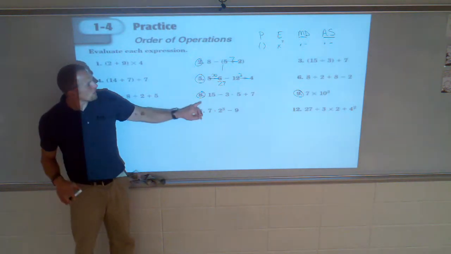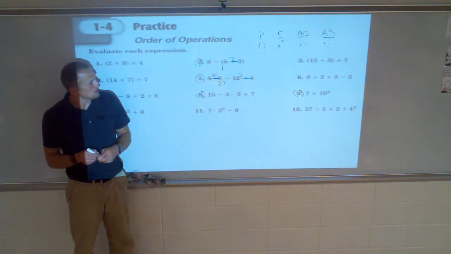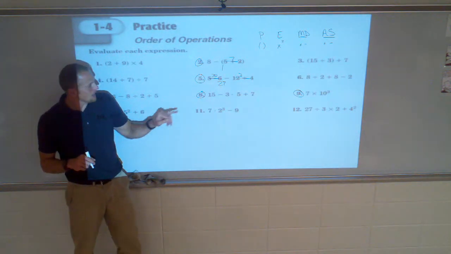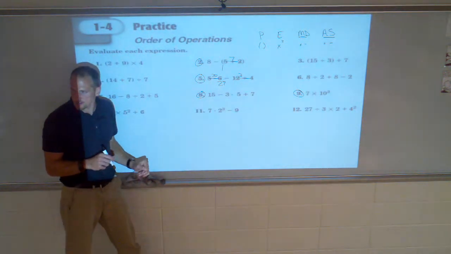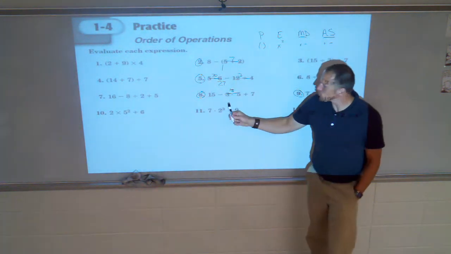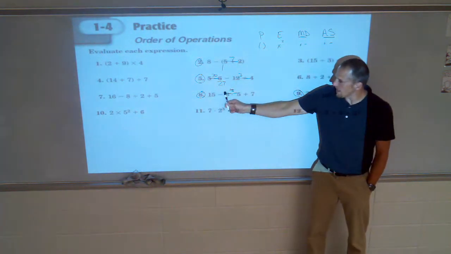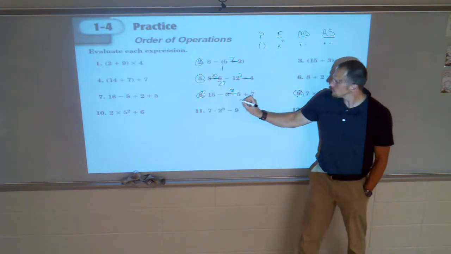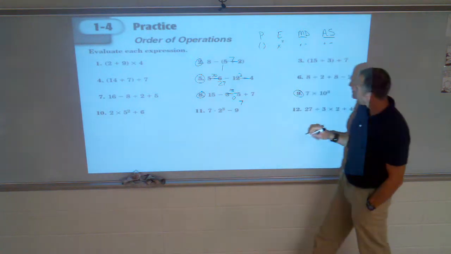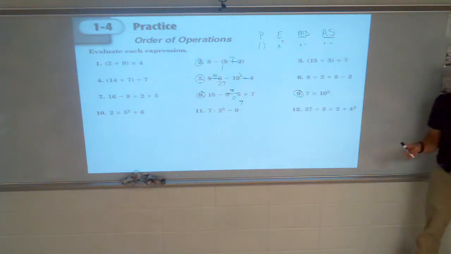Okay, number 8. Are there any parentheses? No. Exponents? Multiply, divide. Okay, left to right. 3 times 5 is 15. And then add, subtract. Left to right. 15 minus 15 is 0. And 0 plus 7? 7. Very good. Over here,